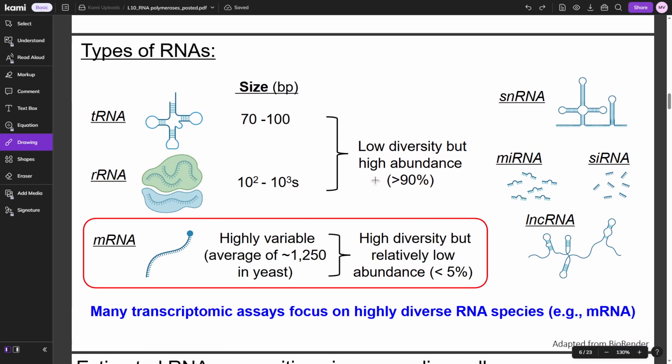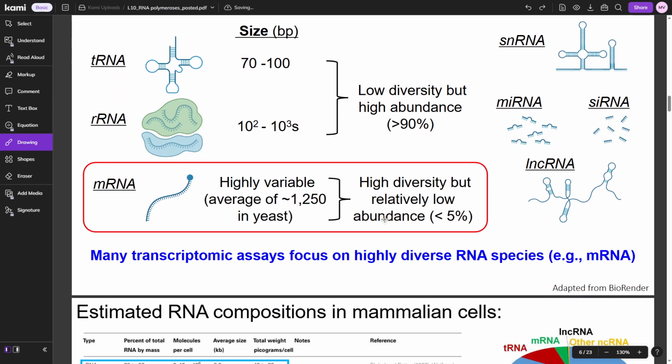They're also very diverse. That's the other thing. rRNAs and tRNAs are not very diverse, right? There's only so many tRNAs you can make because there are 20 amino acids and 61 codons, or 64 codons technically. But only 61 of them have tRNAs, if I'm not mistaken, because tRNAs do not bind to the 3 stop codons. Release factors do. Release factors are proteins, right?